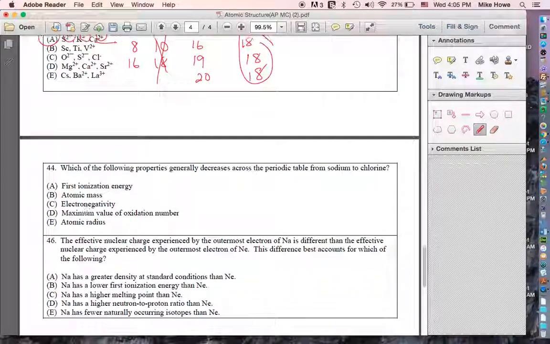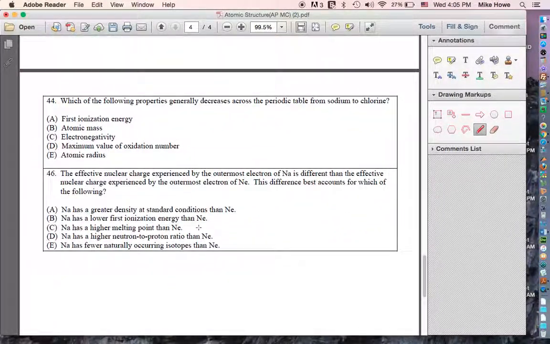Okay, 14. As you go from sodium to chlorine, what generally decreases? That's not a very hard question. So what decreases? Radius. As you go from left to right, atoms get smaller. As you go from top to bottom, atoms get bigger. As they get smaller, their ionization energy goes up. Their atomic mass goes up as you go across, not because of any periodic trend, except it just gets bigger. Electronegativity increases because the atoms are getting smaller, attracting